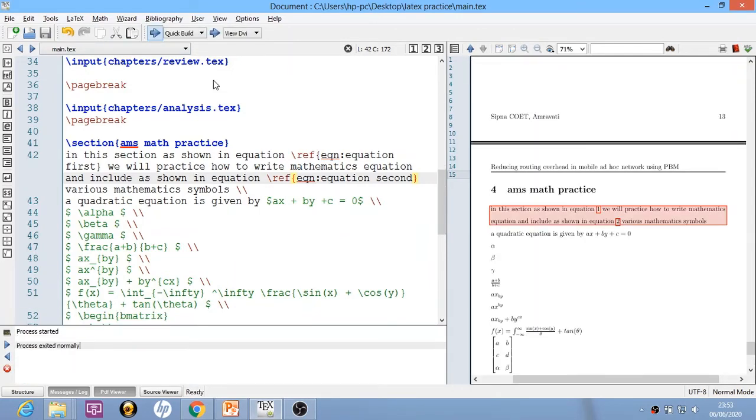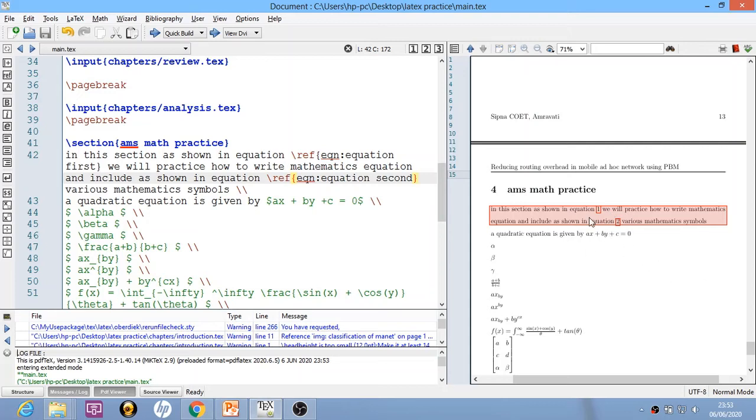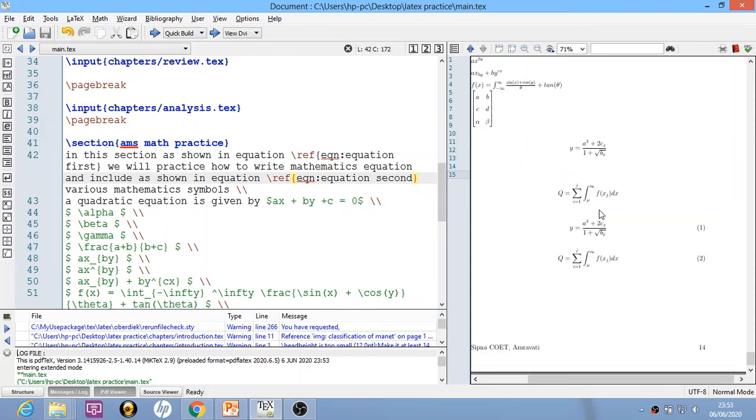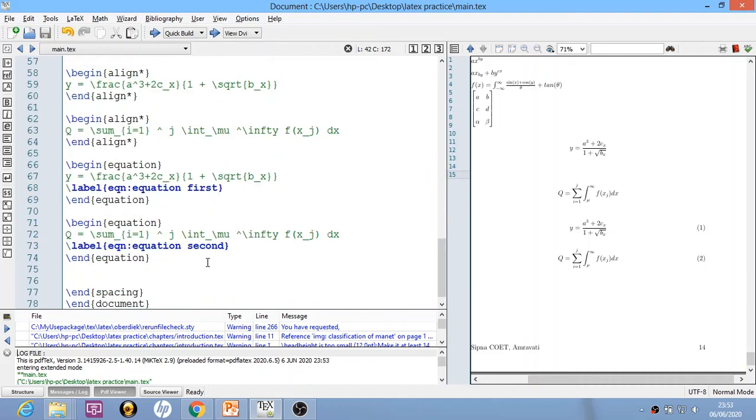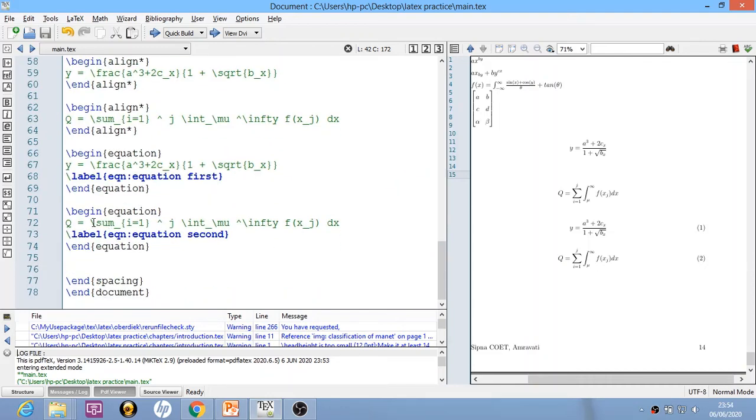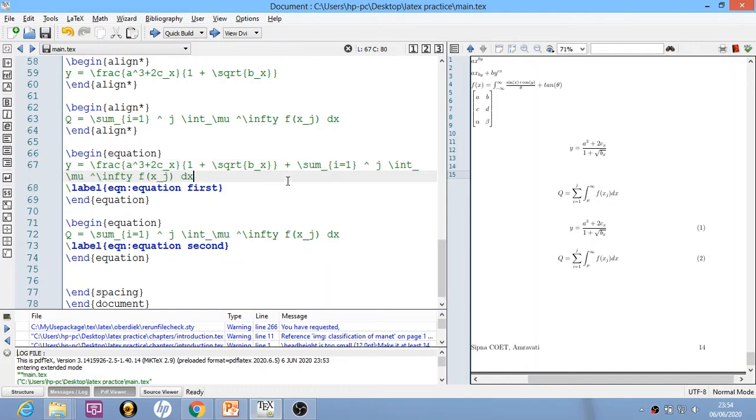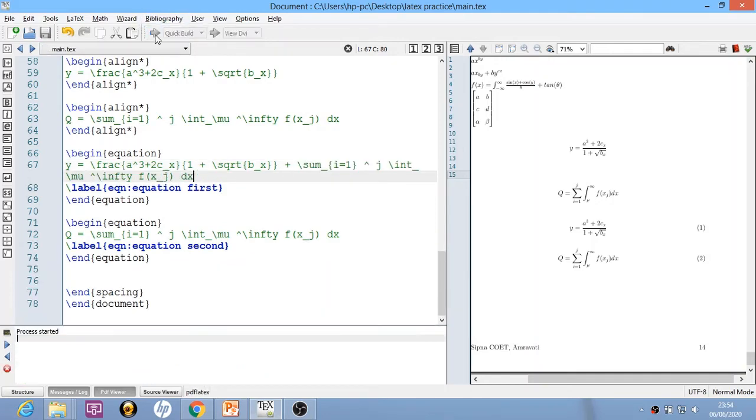This time I will compile it twice, and you can see that the changes appear over here. The hyperlink appears with equation numbers 1 and 2. So I will simply click on 1, and it takes me to equation number 1. In this way you can add equations to your LaTeX document. Suppose you want to add something to this equation, then you can simply copy this and paste it over here and compile it.